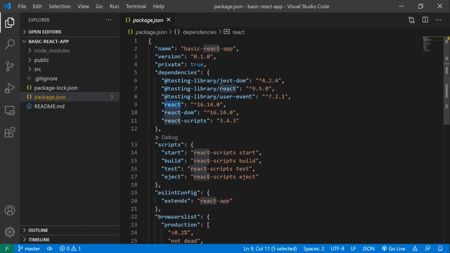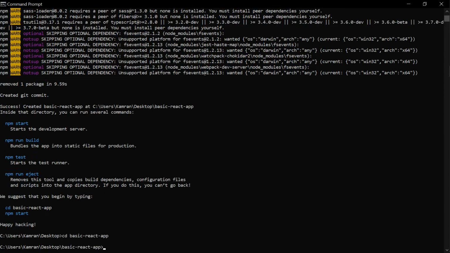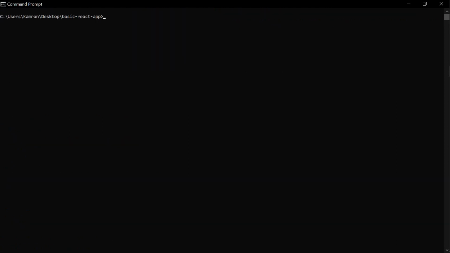And then you can see the scripts which we will be using to run or build the application. So basically, to start the application, we have to run the start script. We can go back to the terminal and start this application and see the output on the browser. So here I am on the desktop. I can route to our project, and into this I will run npm start, which will trigger the start script of the React app.